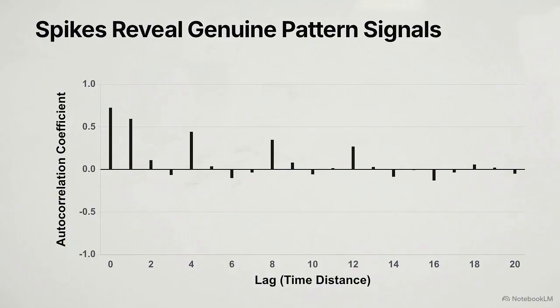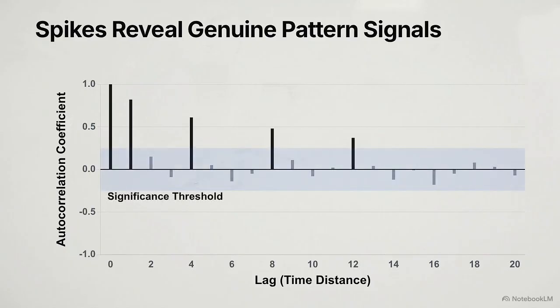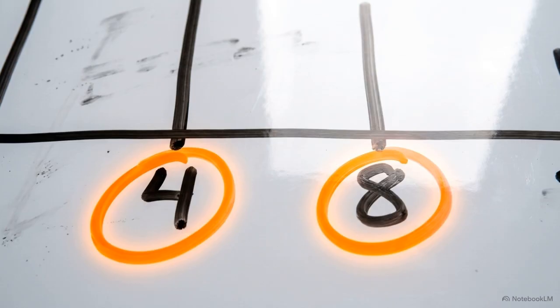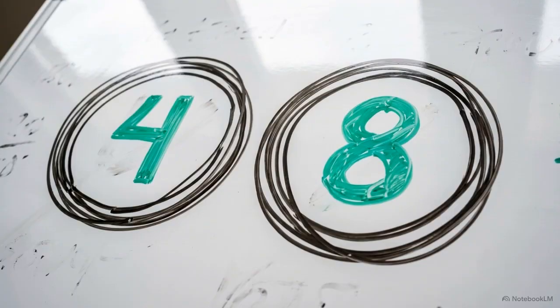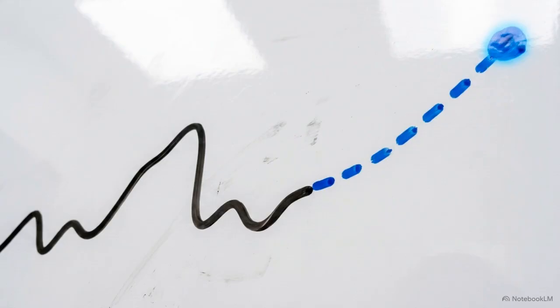These are the generated ACF and PACF plots. Notice the horizontal band across the center. This shaded blue zone is the statistical significance threshold. Any vertical bar trapped inside this zone is mathematically meaningless white noise. But look at the spikes protruding outside the boundary. Here, we see large spikes at exactly lag 4 and lag 8. This repeating pattern is concrete proof of a seasonal memory cycle within the dataset, in this case, a strong quarterly rhythm. By isolating these exact points of significance, you identify the correct AR and MA parameters for your ARIMA model and confidently turn historical echoes into